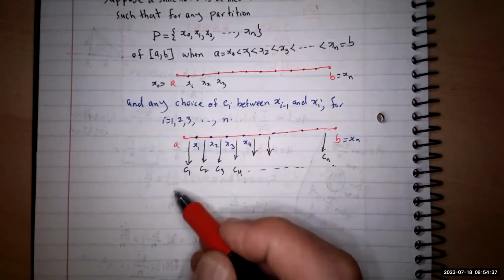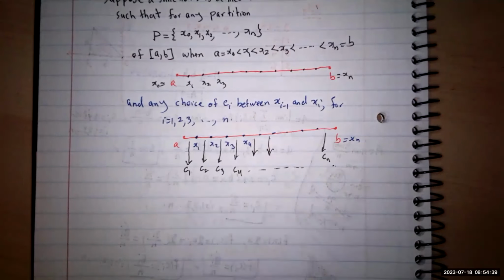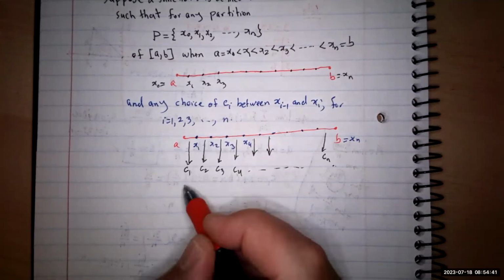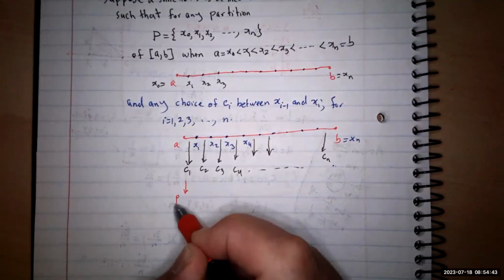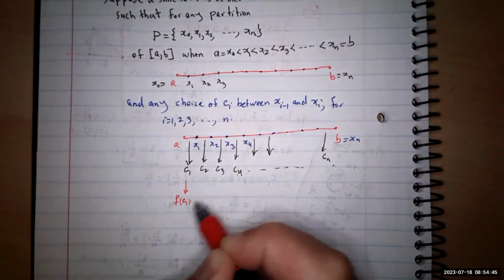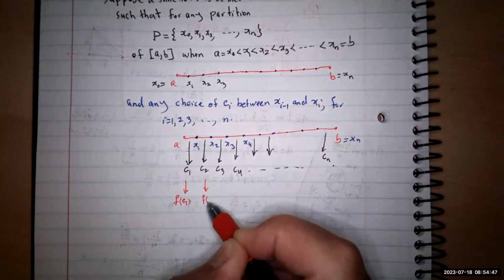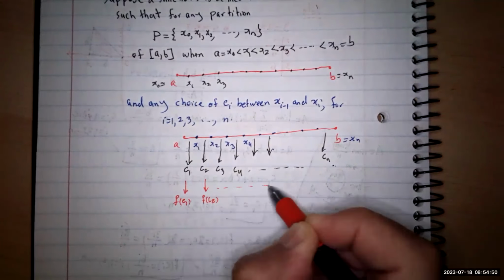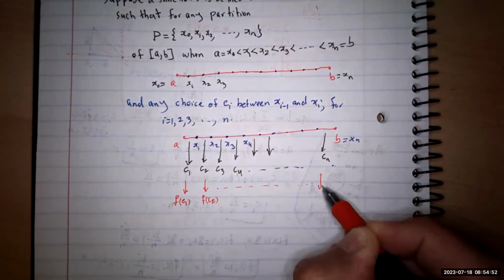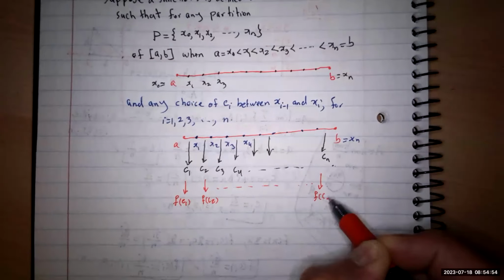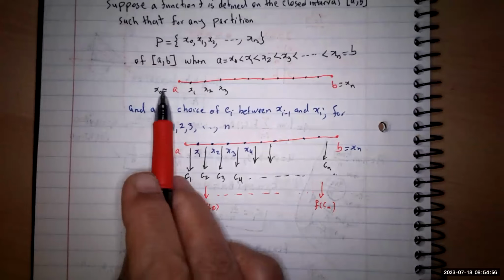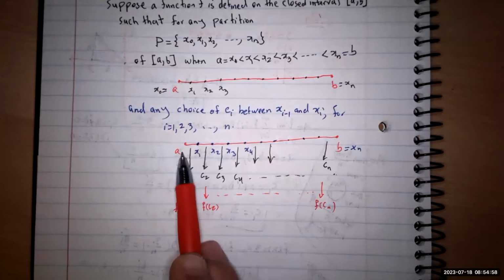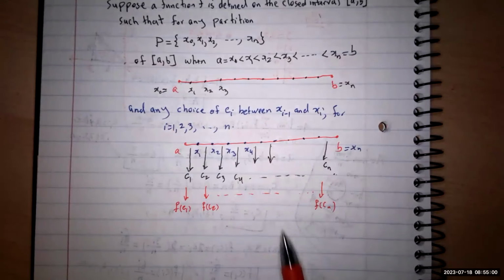And then what I'm going to do, again, as we did for the other one, is take the ci, drop it into the function, and that gives me f of c1. I drop this one into the function, that gives me f of c2, and then I continue. That gives me f of cn. So for any partition, any ci that you pick, I'm going to form that limit. Remember,